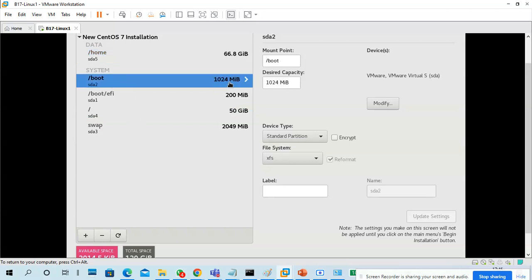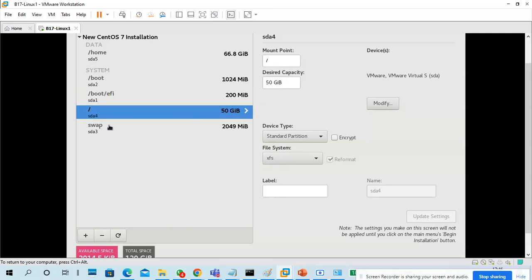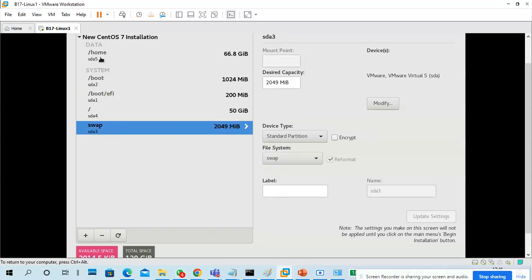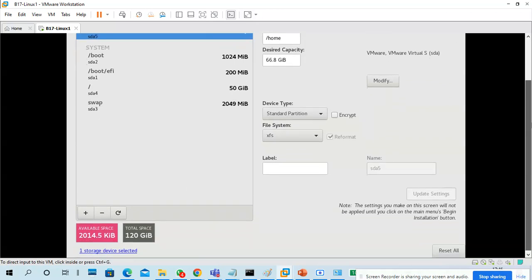So you can see boot 1 GB, boot slash efi 200 MB, slash 50 GB, swap 2 GB, home 66.8 GB, and it is completely utilized, only 2 GB available.